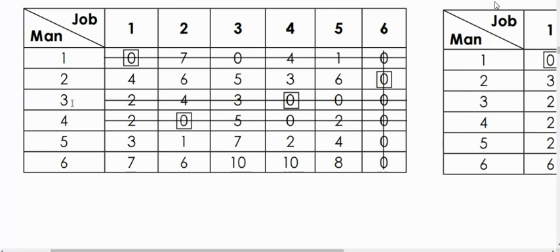Now see, the fourth job. The fourth job, can it be allocated? Look at the fourth row now. In the fourth row, we have a 0 in the second column. Okay, we have a 0 in the fourth column also, and we have a 0 in the sixth column also. So does it mean that the fourth man would be doing 3 jobs? No, we have to do a clear allocation. Now how would we be able to do the clear allocation?